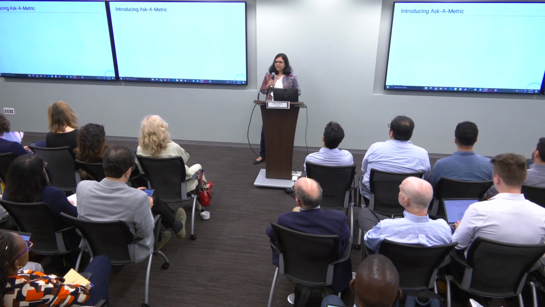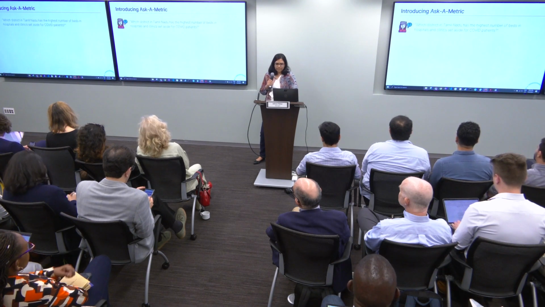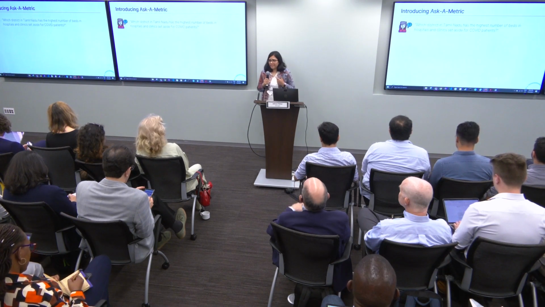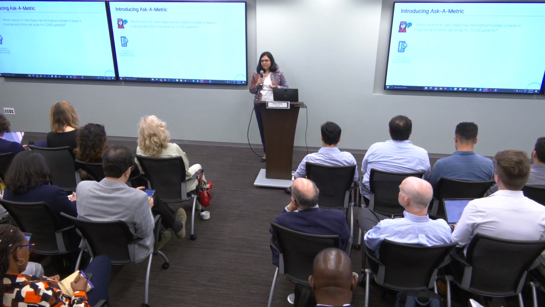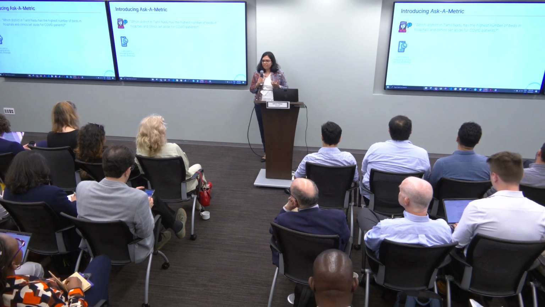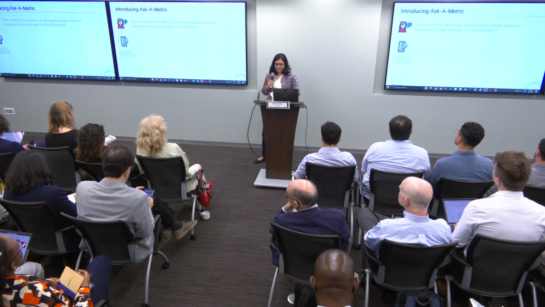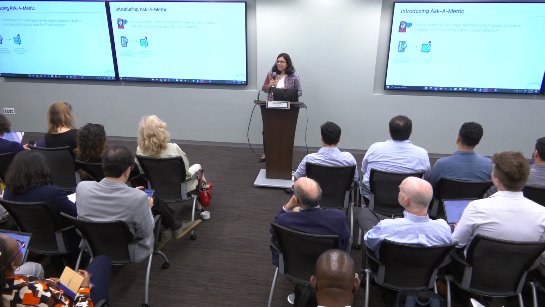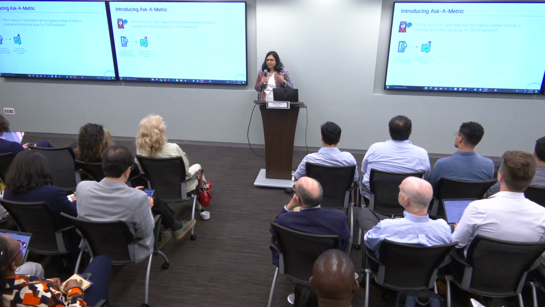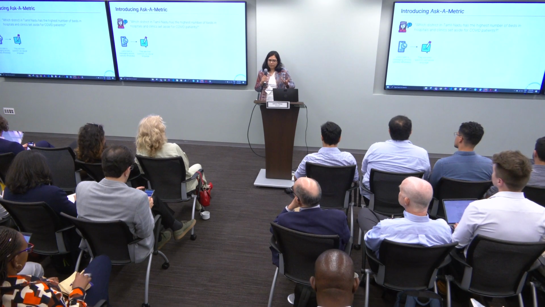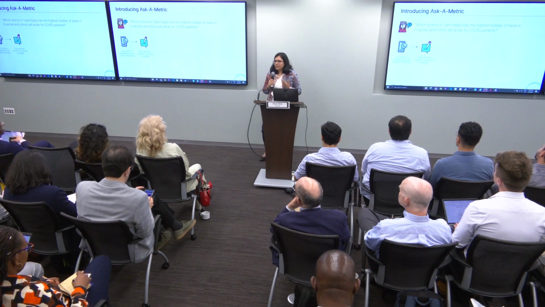To solve for this, we are building a tool called Askometric. So again, let's look at the example of this decision maker. Here, the decision maker simply has to open a messaging service, which is typically WhatsApp in the Indian context. They input their query using natural language. They can use English or they can even use a language according to their local context. In this case, that would be the Tamil language.